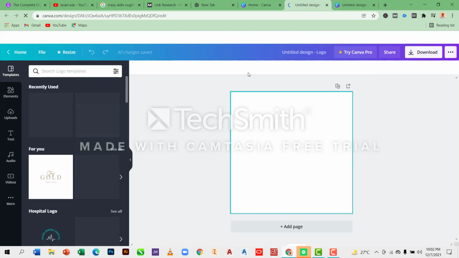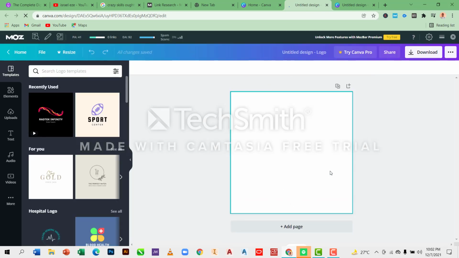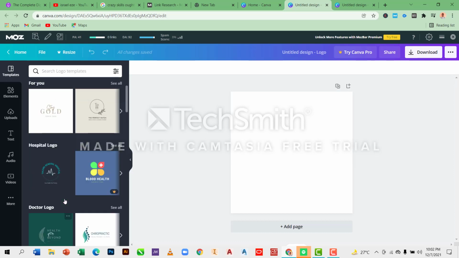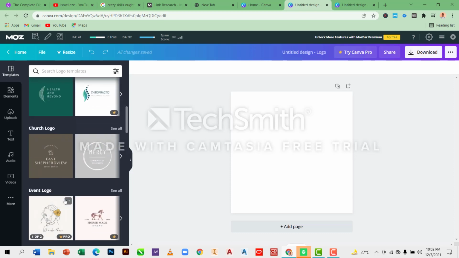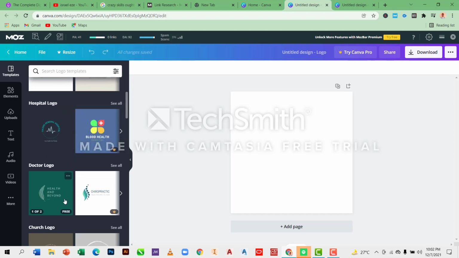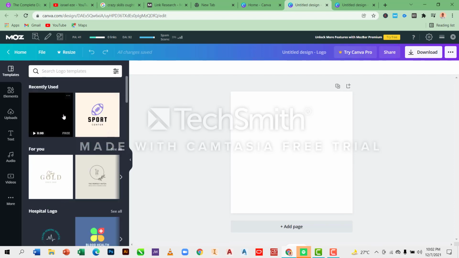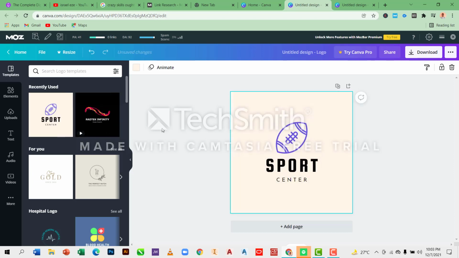Yes, this blank space appears here, and you can choose from any templates here. Though I'm using the free version of the Canva.com design templates, so I might choose anyone that is free here, and I can start editing. So let me say I'm into sports, and I choose this by a single click, and boom,